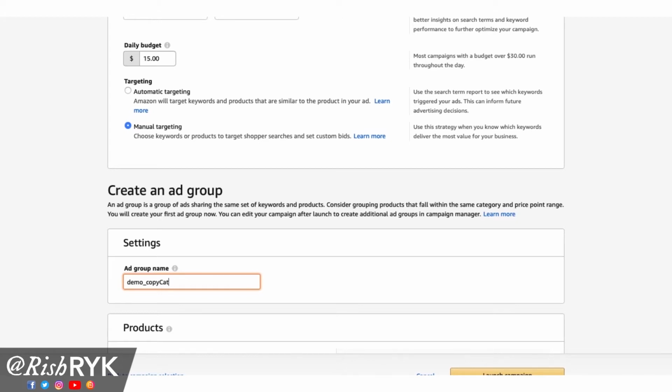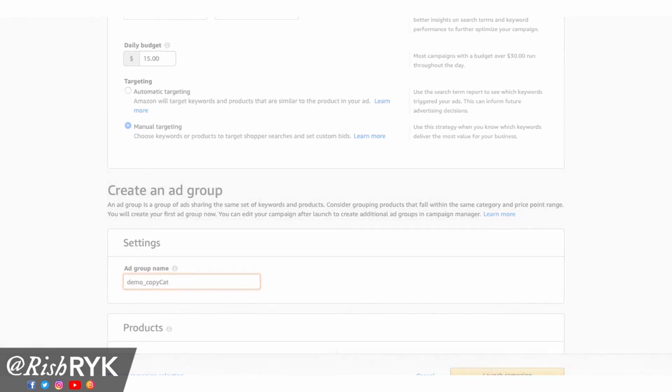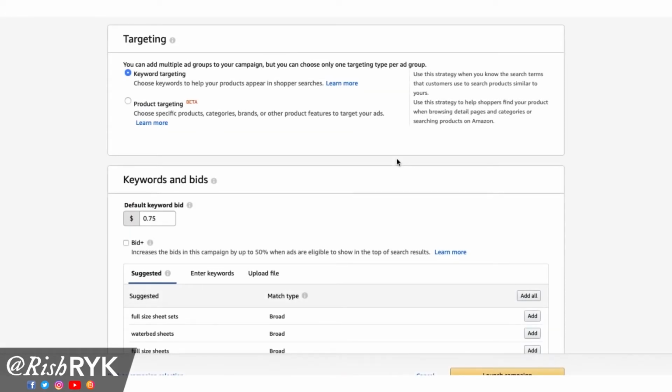I might just cut it from here so that I don't reveal my product. Alright guys, so I've just skipped a step above where you have to select the product you want to advertise. So for example, if you're just selling one product on Amazon via FBA, just select that product and move on to this step, which is directly under the previous step.